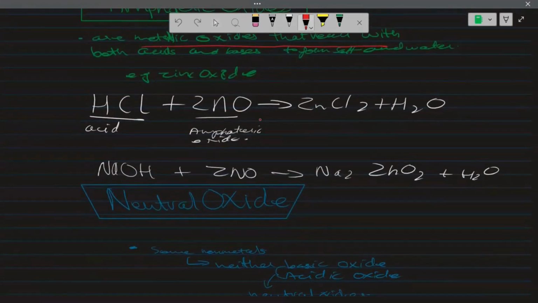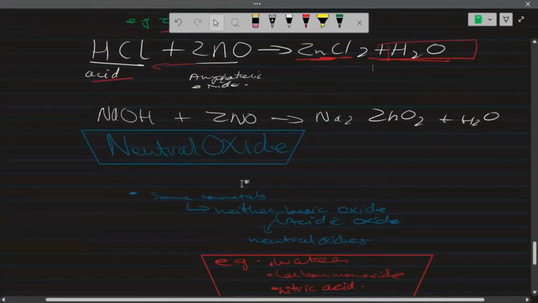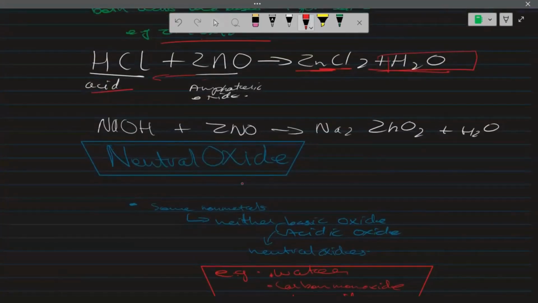What is an example? An example is zinc oxide. For example, when zinc oxide reacts with an acid, let's take HCl, what happens? Zinc chloride is formed and H2O is formed, meaning water is formed. Okay? While in the other case, when zinc oxide reacts with sodium hydroxide, meaning a base or an alkali,